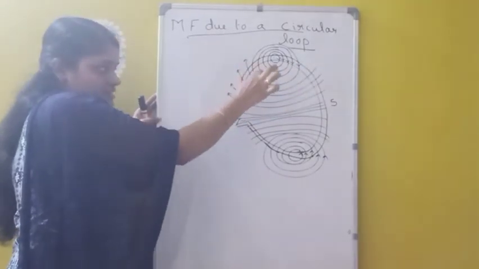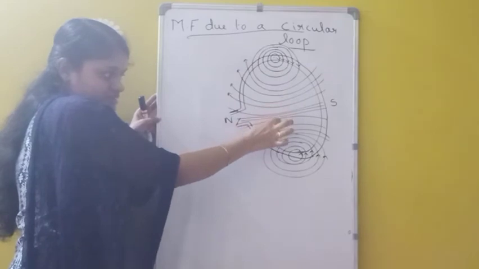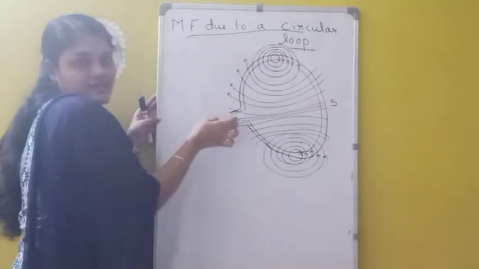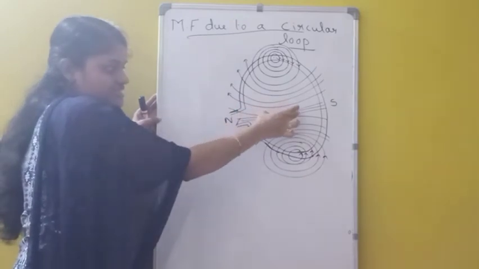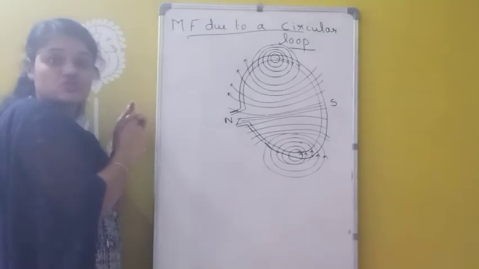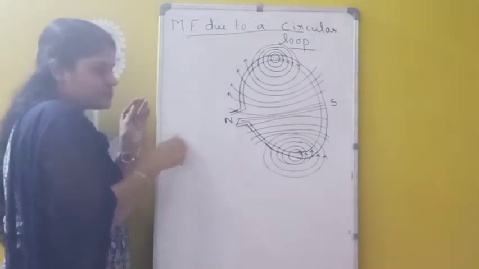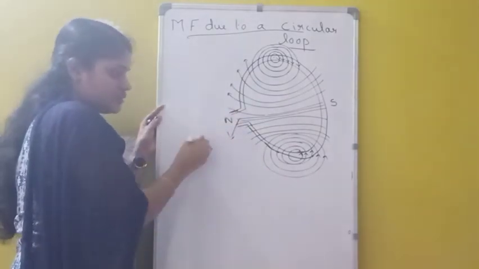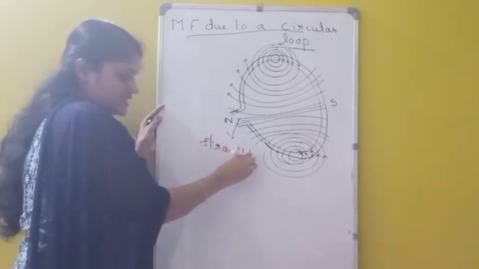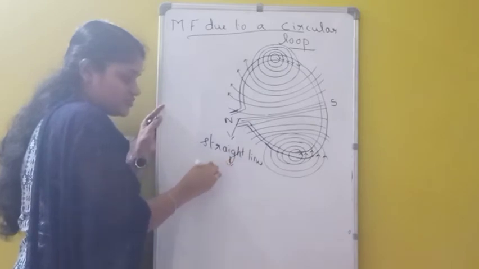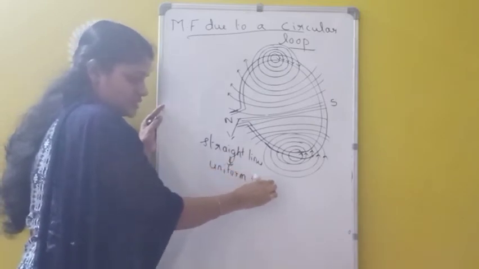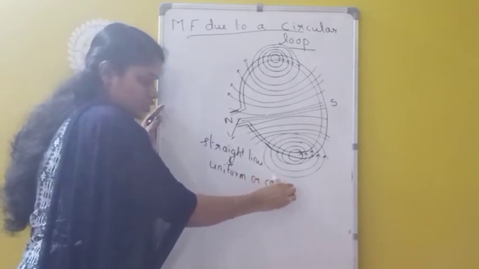Okay, and when it is reaching near to the center, this larger part of the circles will seem to be in the form of which one? Straight lines. So at the center, the field line seems to be in which form? In straight lines. So which shows that the field is uniform or constant at the center. So whenever field lines are in the form of straight lines, it shows that the field is uniform or constant.